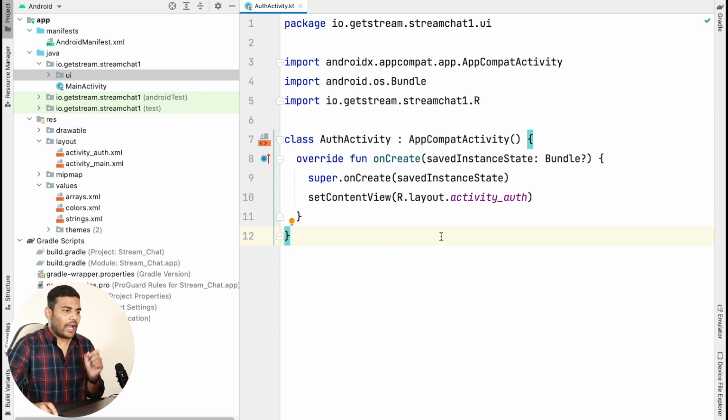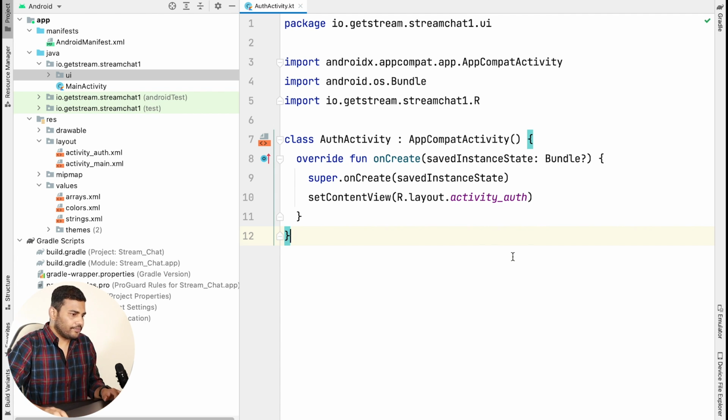Now inside activity authentication or auth activity, we will have basically three fragments. The first one where the user will enter the phone number, the second one where the user will enter the OTP, and the third one where the user will enter the basic profile information. In our case, we will take just the name as an input while setting up the profile. So in this project, we require the user's phone number that is validated using an OTP and the user's name that he will enter after verifying the phone number.